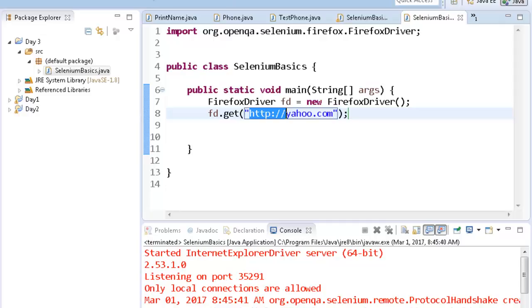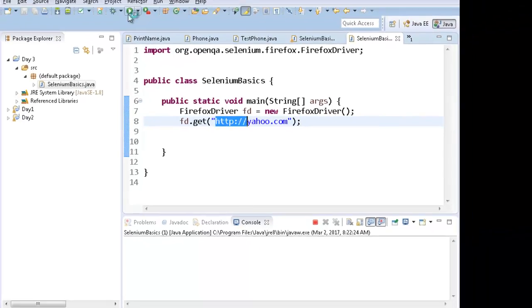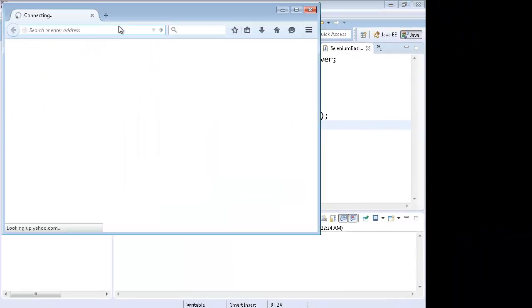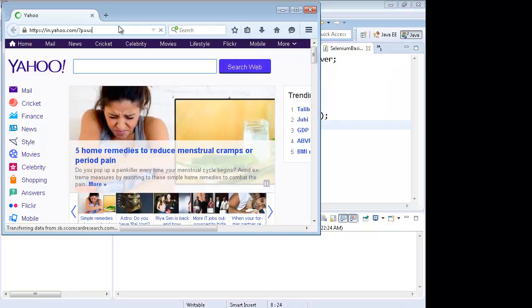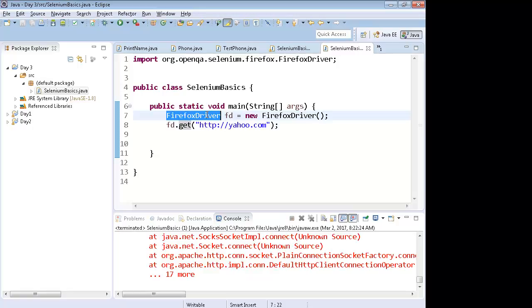And if you run this program, this will launch Firefox and it will take you to yahoo.com. Okay, pretty simple. Get is an internal function in Firefox driver which you can use.